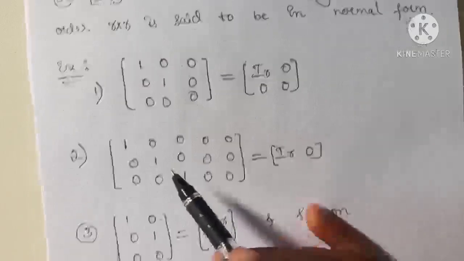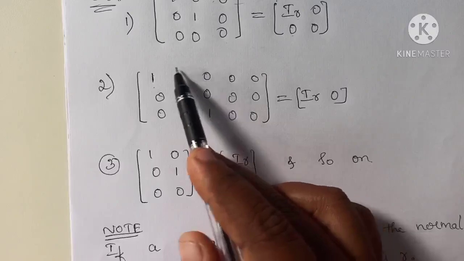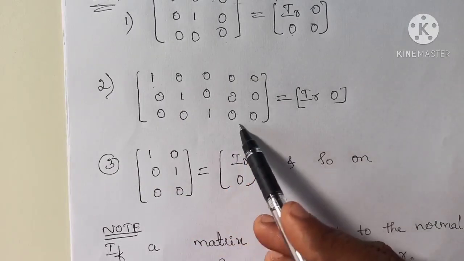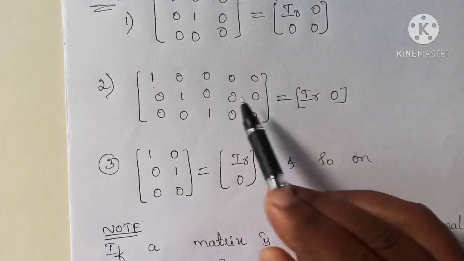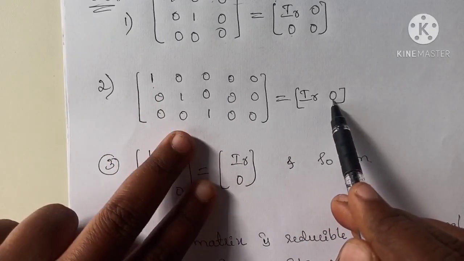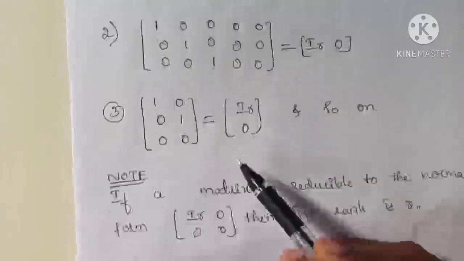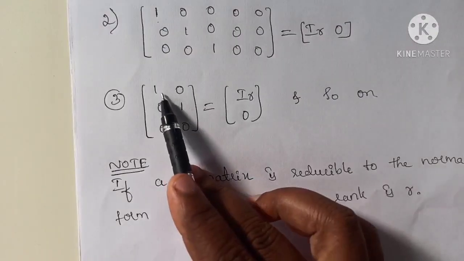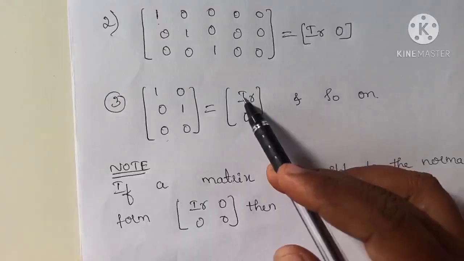Okay. Like this, we have one more example. Here we have I_r, that is an identity matrix of order 3 and the rest of the elements are 0. Therefore, it can be represented as [I_r 0], okay, full rows, that is I_r, and here it is 0. Like this, we have one more example. Here it is of order 2 and the rest of the rows are 0, okay.